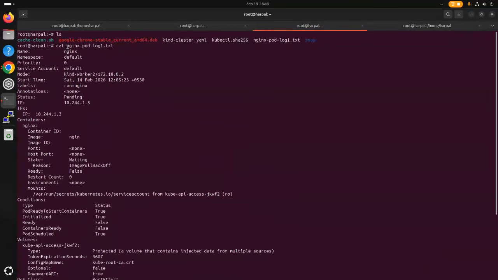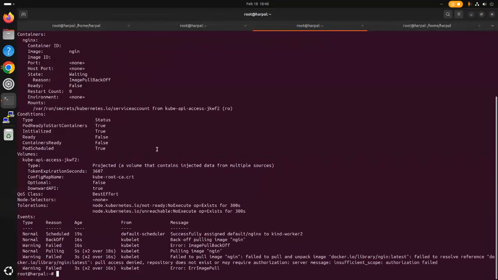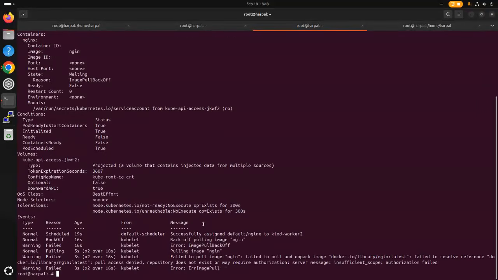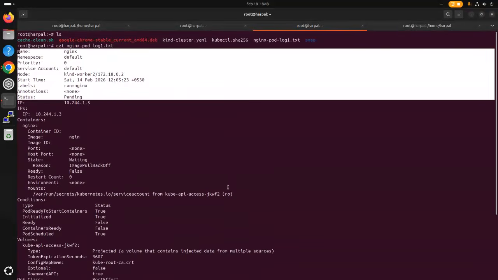So what I did, I exported the log into a file called nginx pod log1.txt, where we know why the pod was unable to run, because it failed to pull the image from Docker, as no such image was found. I exported the log and the description of that particular pod in a txt file,